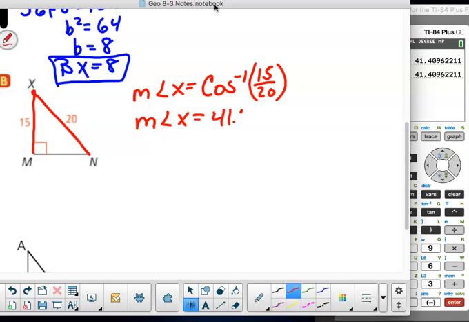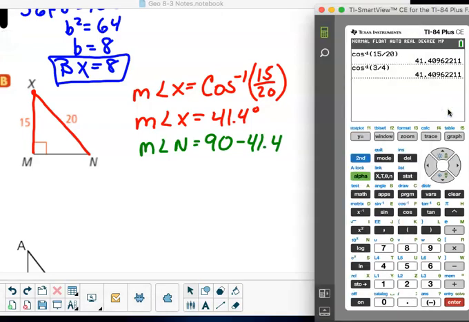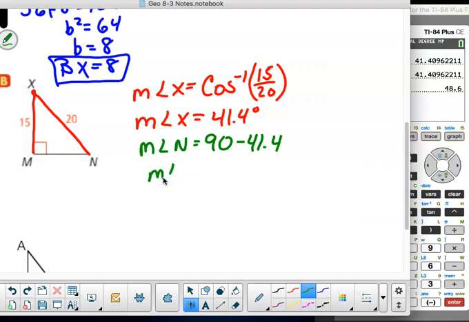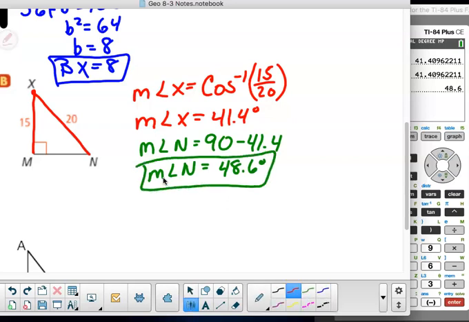So it's 41.4 degrees. Now, I was asked to find x, but we can find so much more. So let's find the measure of angle n, and that's going to be equal to 90 minus 41.4. So 90 minus 41.4 is equal to 48.6. So the measure of angle n is equal to 48.6 degrees. So we got that one. We got this one, and we can find